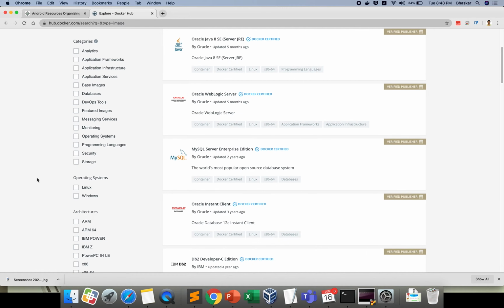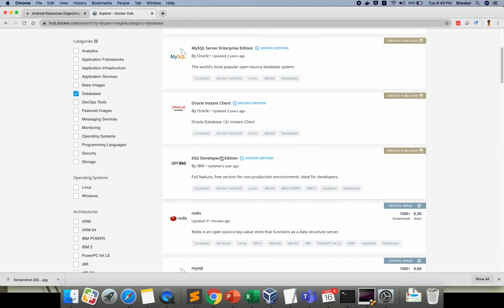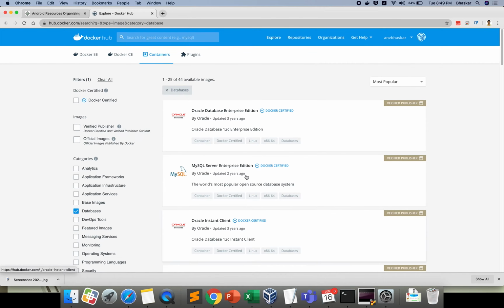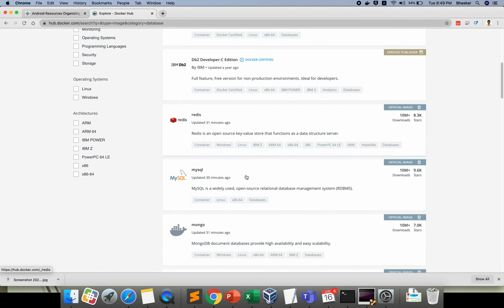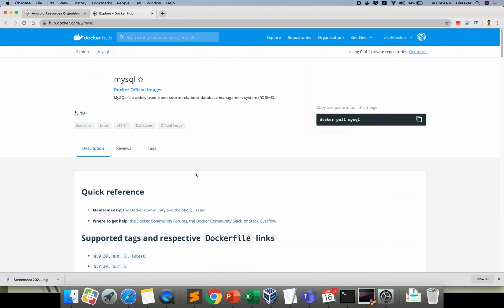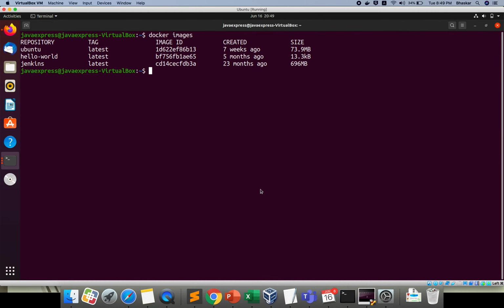Then we'll look at the databases. On the right side we have categories. Click on database, and check your MySQL database. See here, this is my MySQL database. If you click here, it shows how to pull MySQL, so this is the way I need to pull my MySQL image. Copy it, then go and pull your image.